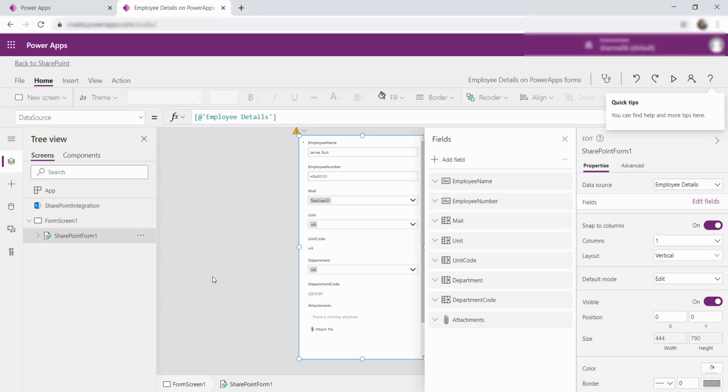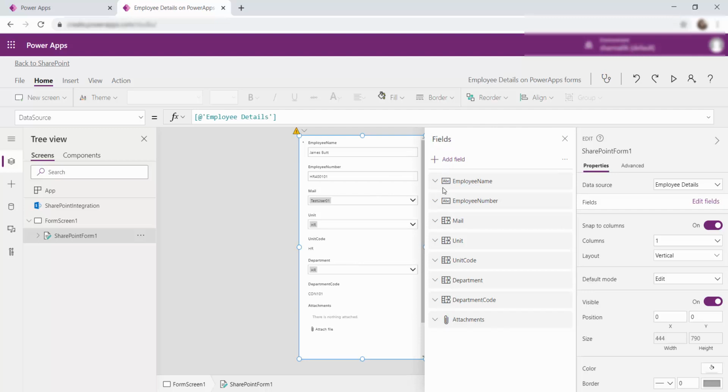Now if you can see on the portal, we have a form over here. This form resembles a similar form that we have seen moments earlier. So it pulls in the data of the first list item, and it has all these fields over here. Apart from this, we have another properties section here called the fields section.